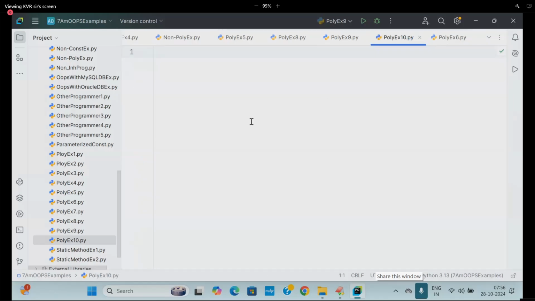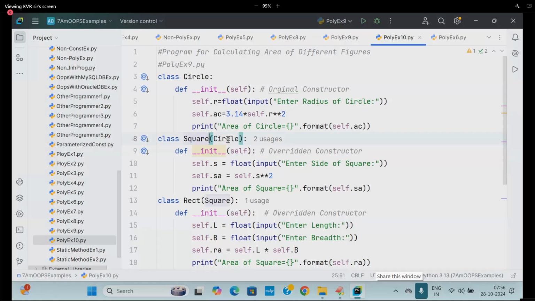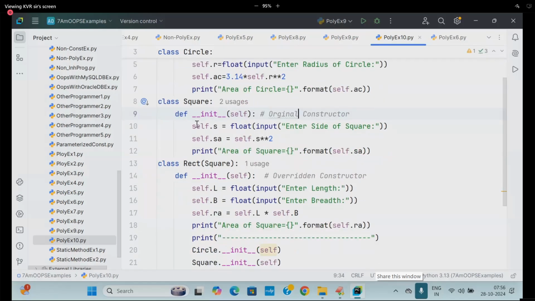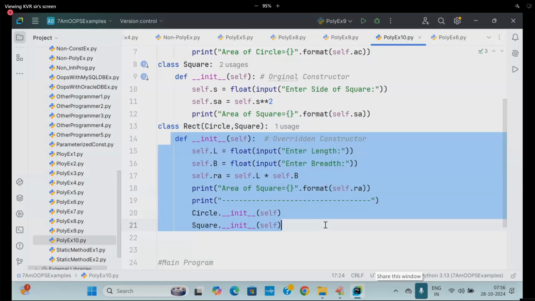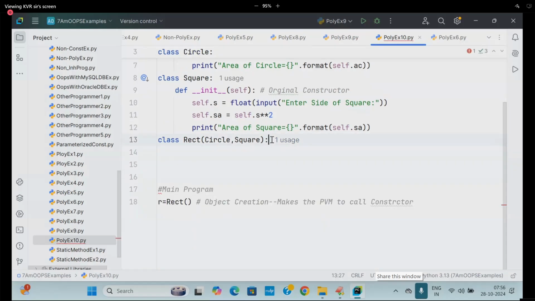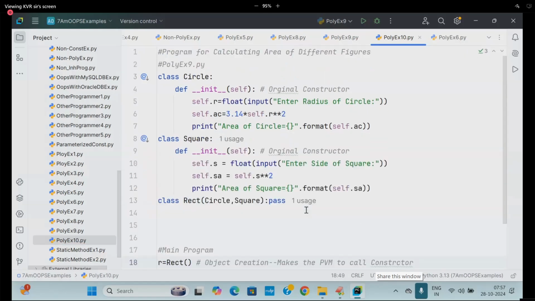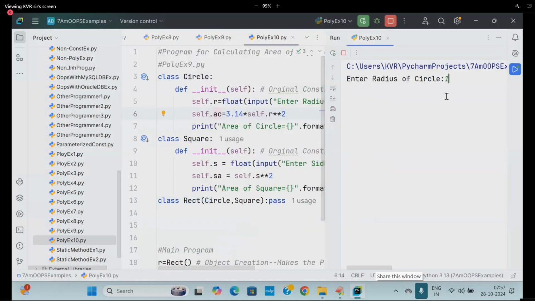So here in 10.py, I'll take up multiple inheritance. I'm going to take the Circle class. This is called the original constructor only now. Now I will go to circle, comma, square. You try to remove this also, students. Let's say pass. What will happen? Or rectangle. Object creation makes the PVM call which constructor? The Circle class constructor, because it gives preference to the first one which is getting inherited. Execute it, students. The answer is 10. If I change the order,